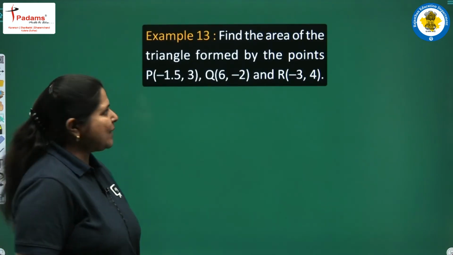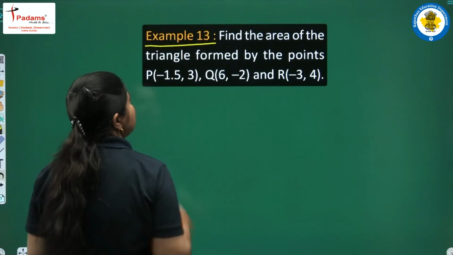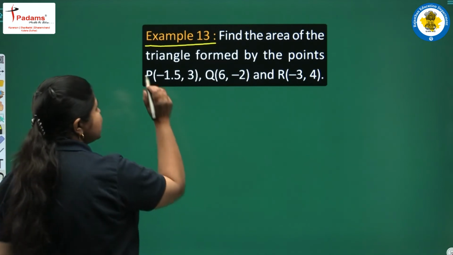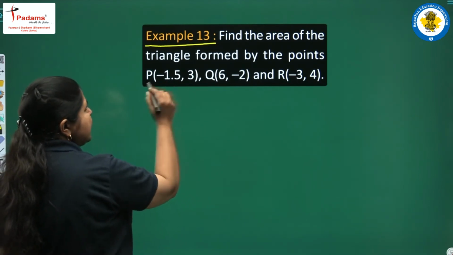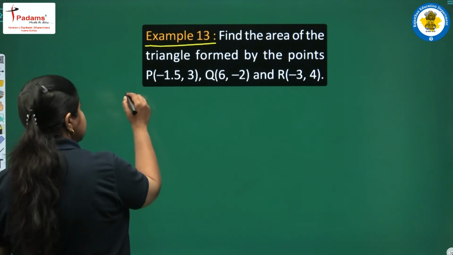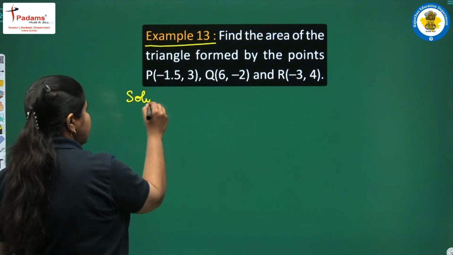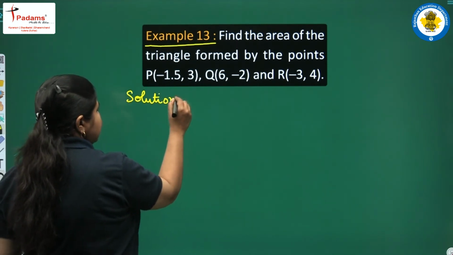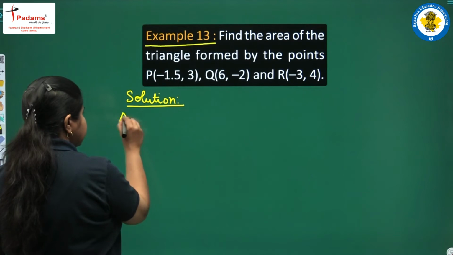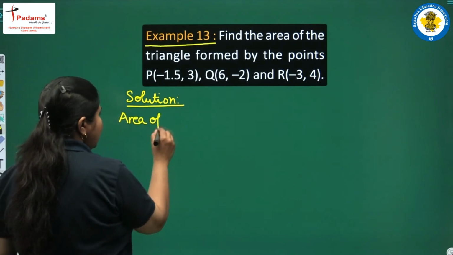We have one more example. This is example number 13 from your book. Find the area of the triangle formed by the points P, Q and R this time. So again we begin the solution. We write the formula. Area of triangle